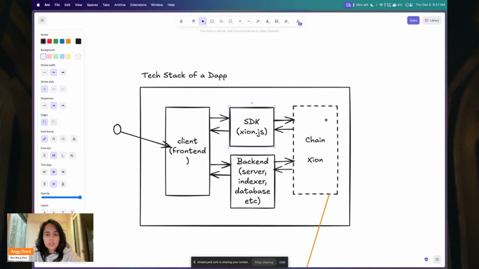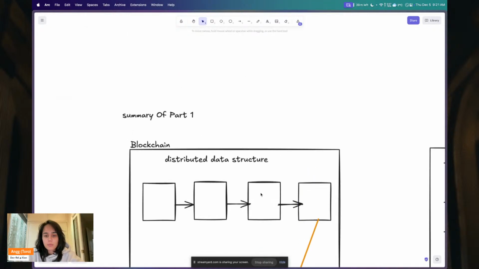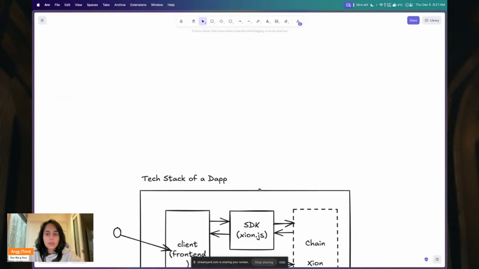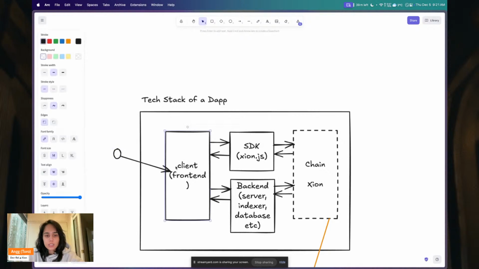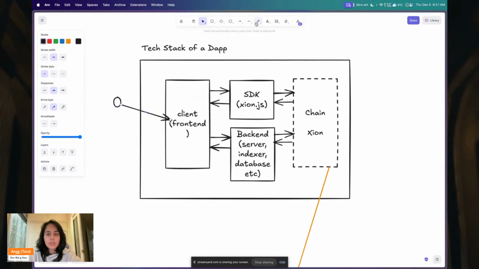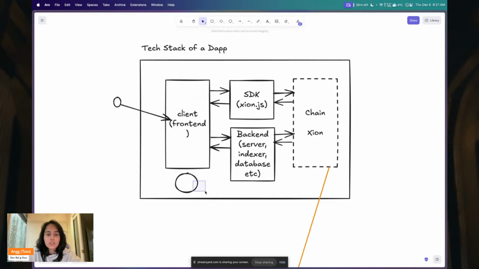And all of these interactions happen via message executions, which is a transaction. And all of these transactions go into a block in a blockchain. For a transaction to be included in a block, we need to pay some amount of gas. And for all of the transactions that a user is doing via the client, a user is supposed to pay gas. But this is where Zion makes it seamless for the user, where the Dapp developer can make it so that